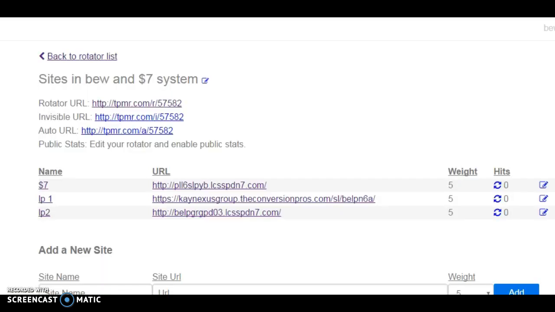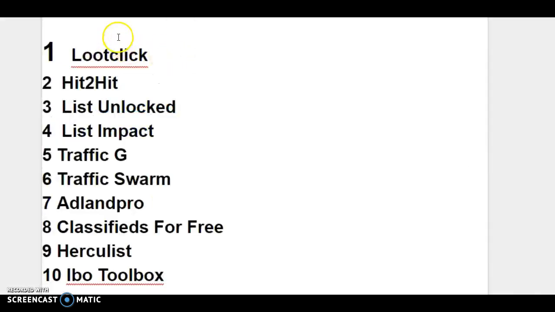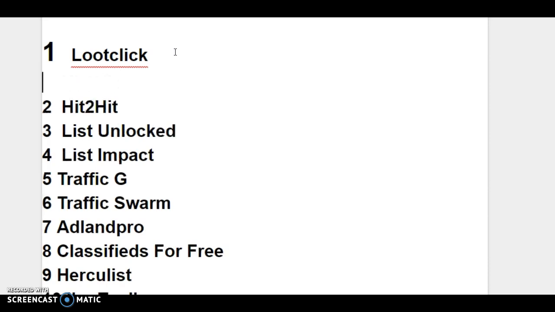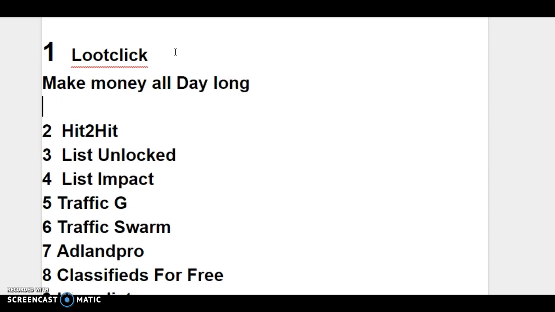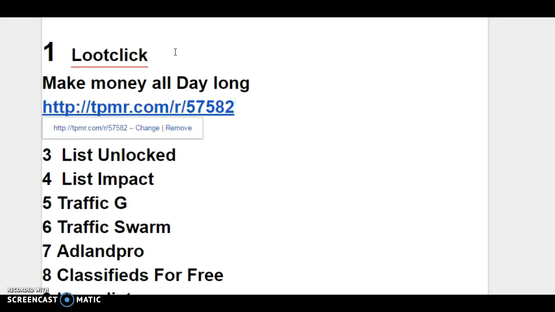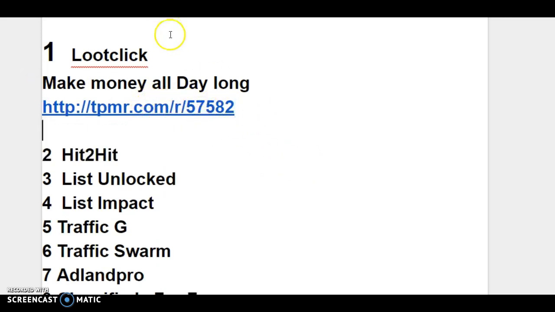So what I would do is actually take this link, right? I copy this link, and I'll actually go make an ad with it. So if I make an ad, say I was making an ad on LootClick, I would say something like, make money all day long. And instead of putting the website address, I put my TPM Rotator link. And now when people click on this link, they're going to go to all the different websites I have in the Rotator. So that's a simple system you could use to automate your business when you're posting on these free